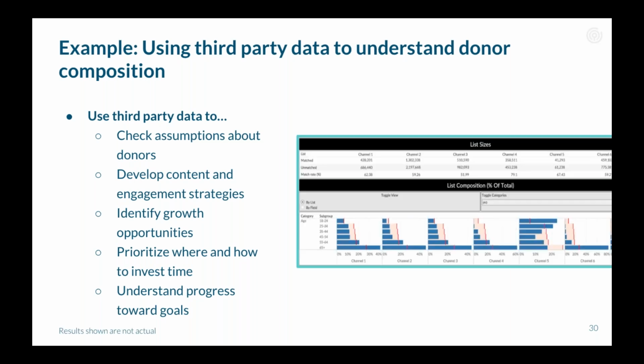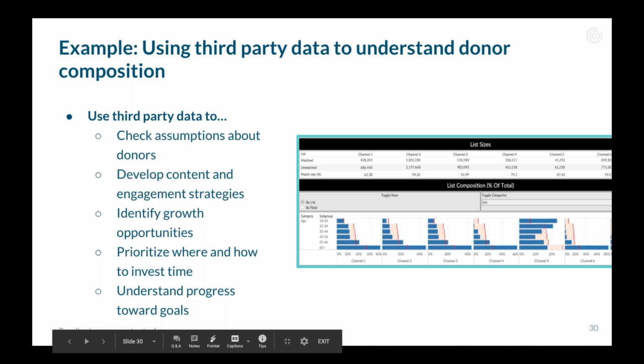An example of this is an environmental advocacy organization that uses Civis data to supplement its first-party data. This additional information helps them check their assumptions, fill in gaps, and add granularity to the first-party data, especially looking across channels. Understanding who your supporters are helps you better engage with them, but it also helps you understand a baseline of where you are now versus where you might want to be, as well as what are key avenues for getting there.